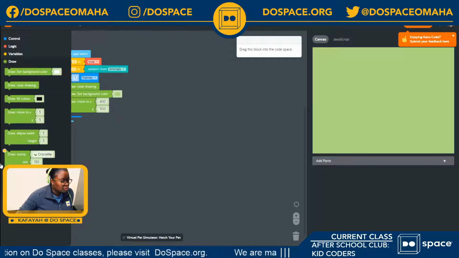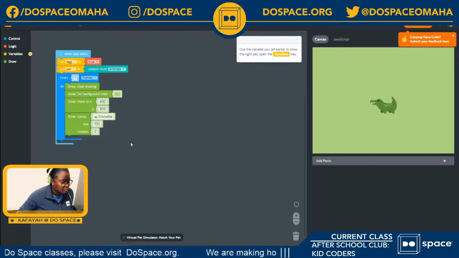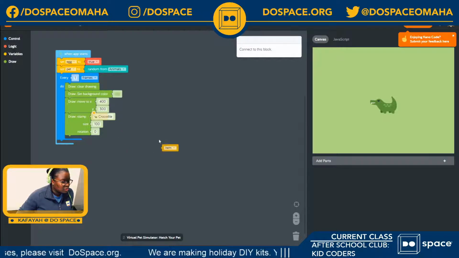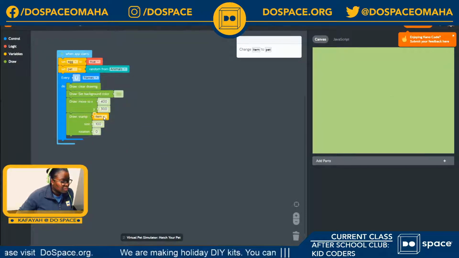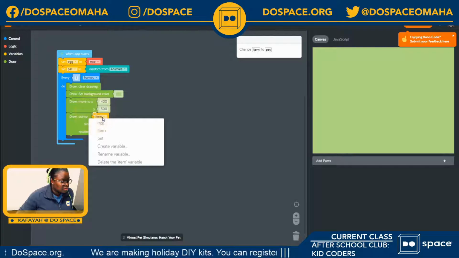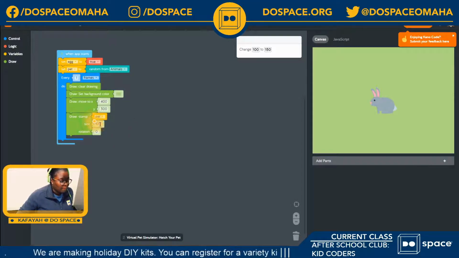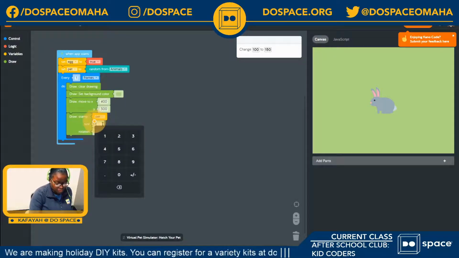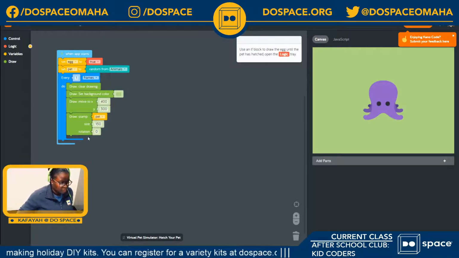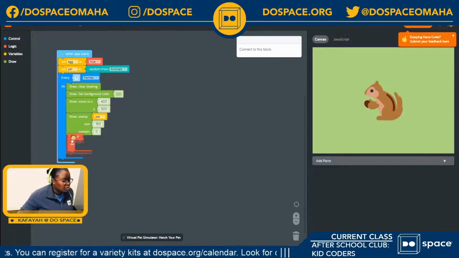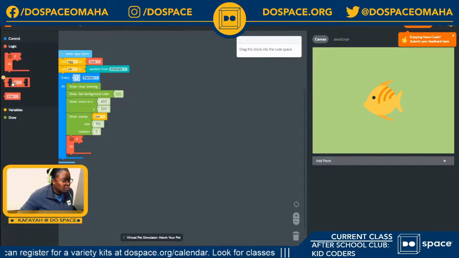Next, I'm going to choose a stamp. And in my variables tray, I'm going to select a pet with the size of 150. Ooh, and no rotation. Next, we're going to use our if statements